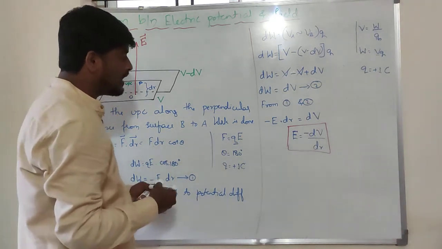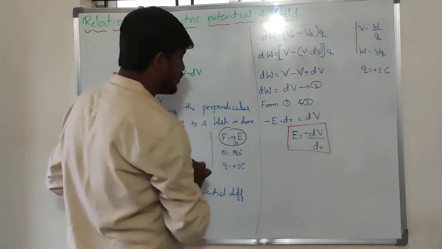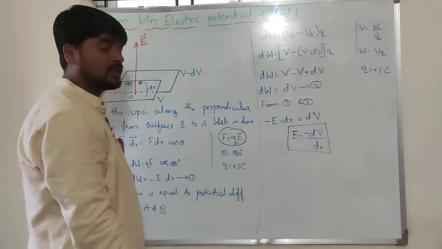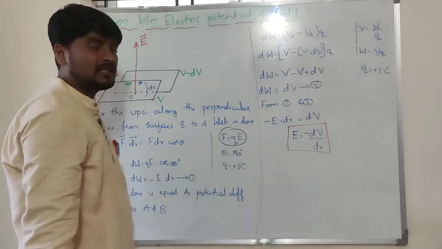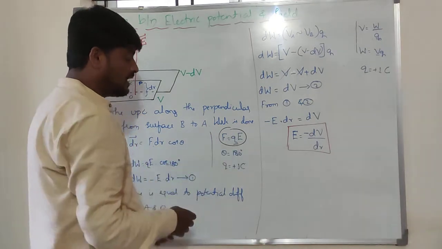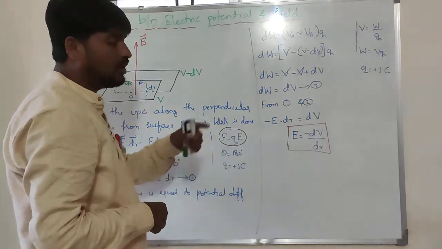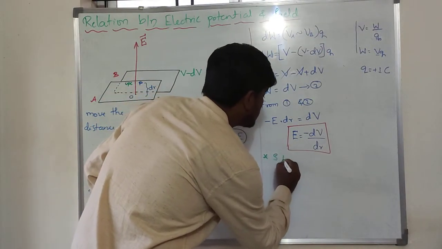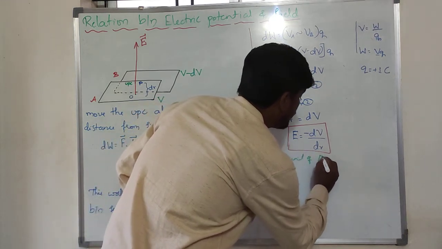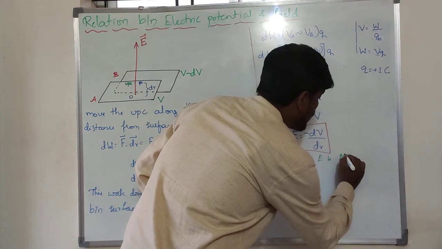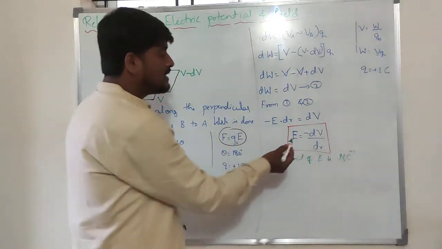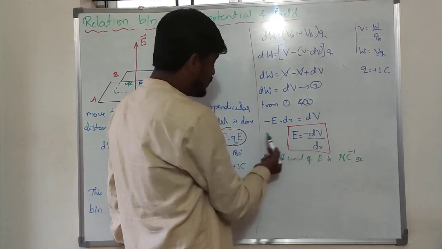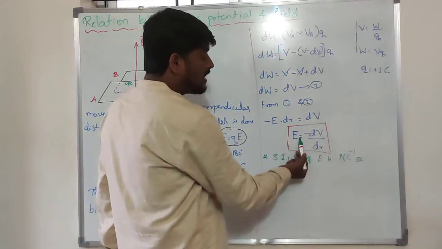Friends, here we have one very important equation, that is F is equal to QE. The SI unit of force is Newton, the SI unit of charge is Coulomb, the SI unit of electric field is, then what I have to write? Just bring this side, then you will get E is equal to Newton per Coulomb. So now if I write this point here, just a reminder, SI unit of electric field E is, according to that one thing we know already, Newton per Coulomb. Electric field is equal to F by Q, this is electric field equal to dV by dr.